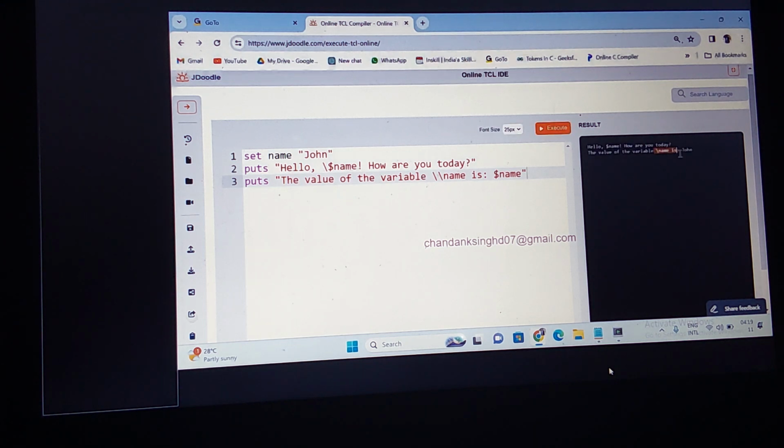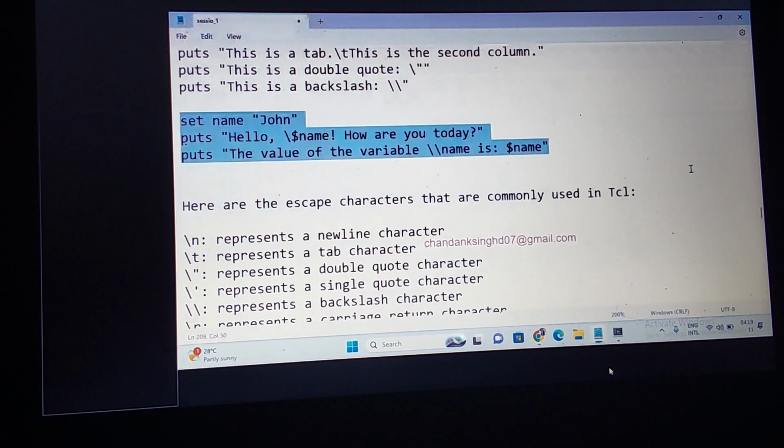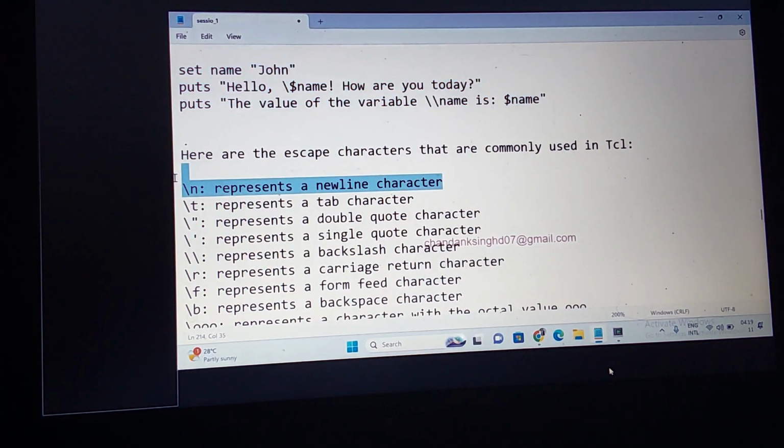You need to understand, if you are using the backward slash escape character, it is going to escape the special meaning of the dollar symbol. How do you understand? So now let us see. I have listed a few escape characters which are commonly used in TCL. We talk about a few right now. One is backward slash n, representing a what? New line character. Backward slash t means what? One tab space. Backward slash double quote means what? It is going to escape the double quote. Single quote means what? Representing a single quote character. Representing the what? Backslash.